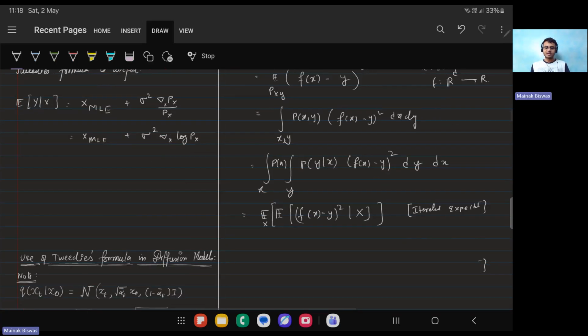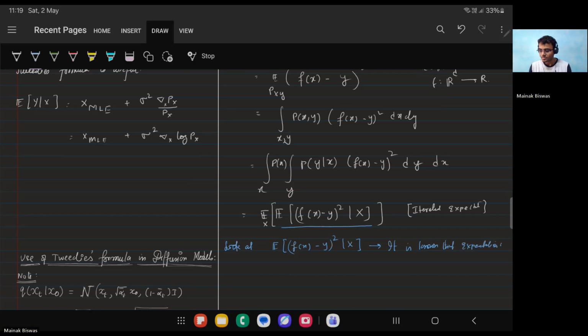So now we have to show that f star of x is equal to the conditional expectation. So let us look at the expected value of f of x minus y squared given x. So the claim is, rather it's not a claim, it is known that expectation is monotonic. That is,